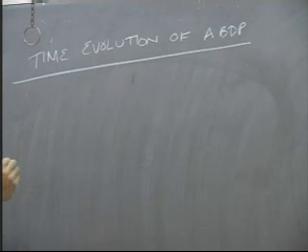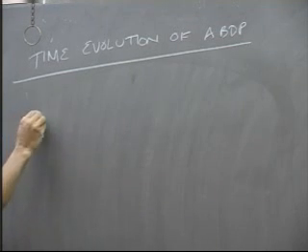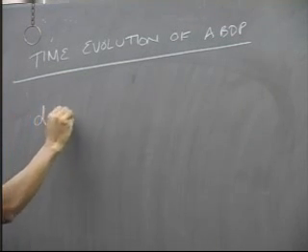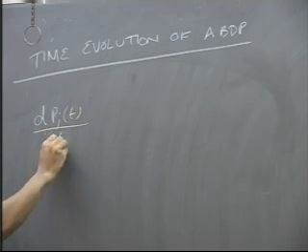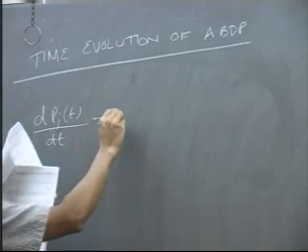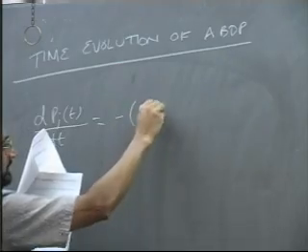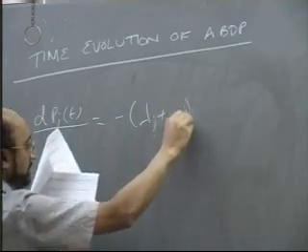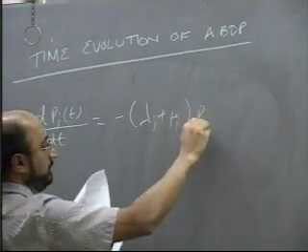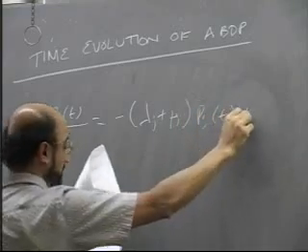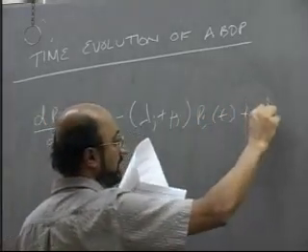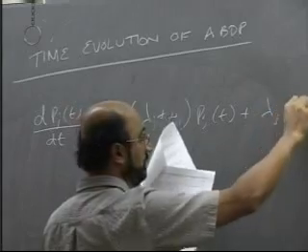With this change in notation, we know that dP_j(t)/dt equals minus (lambda_j plus mu_j) P_j(t) plus lambda_{j-1}